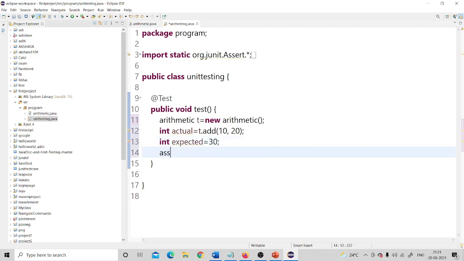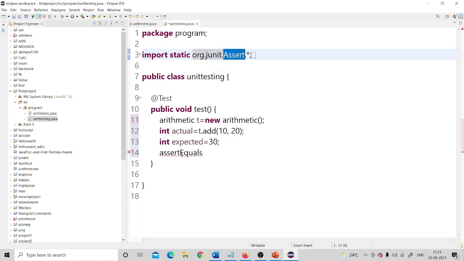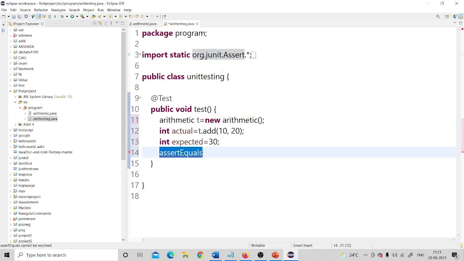And now using the assertEquals function. There are many assertions present inside JUnit, inside the JUnit testing tool. One of the functions is assertEquals. Then we have assertNotEquals, then we have assertSame, assertNotSame. There are many assert functions present inside JUnit. Now one of them is assertEquals. So assertEquals will compare the actual and expected values. If both are matching, actual and expected, then it will say test case passed. Otherwise your test case will fail.